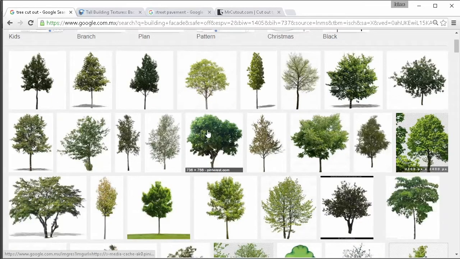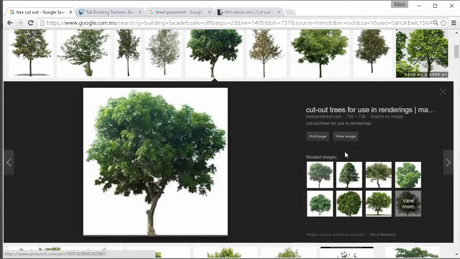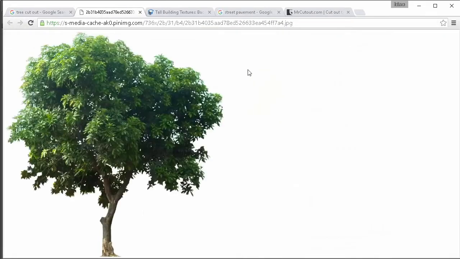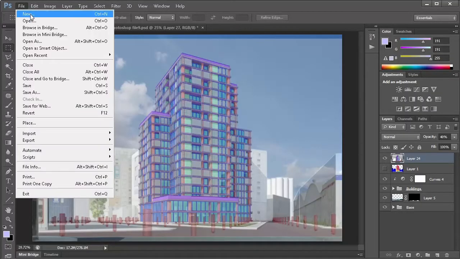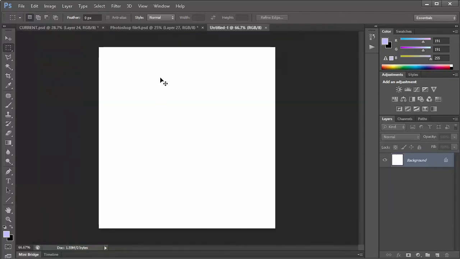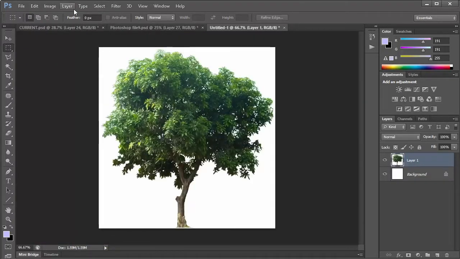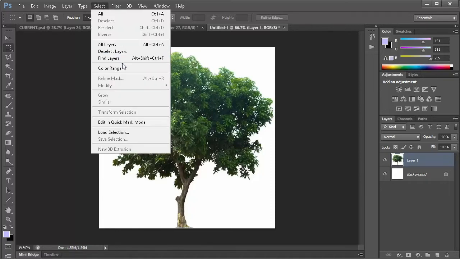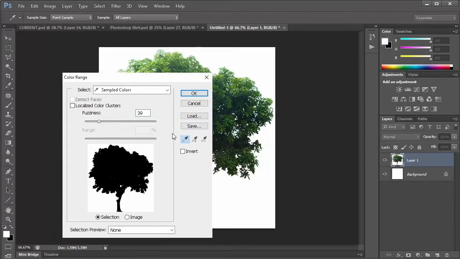Now it's pretty simple to just get one of these, copy image, click on new, paste, and just select everything that's white.